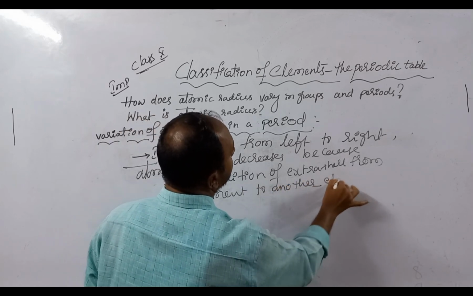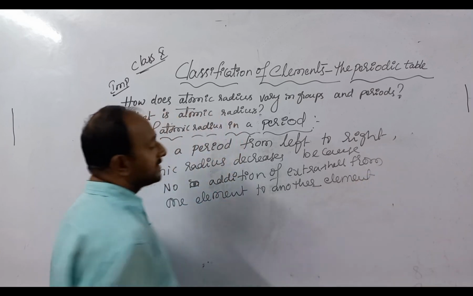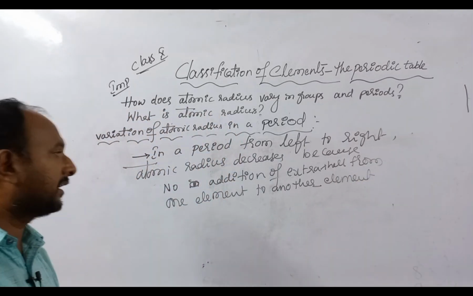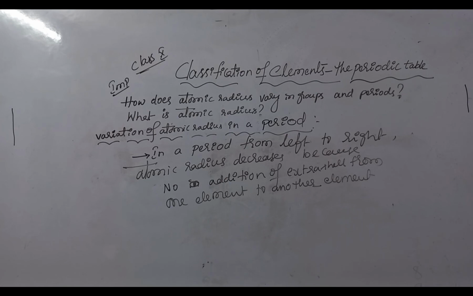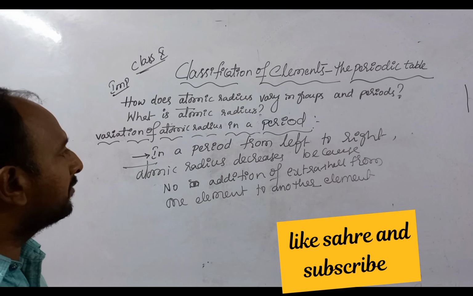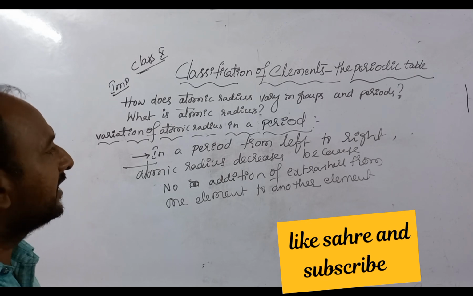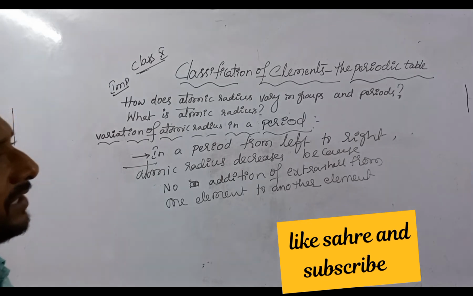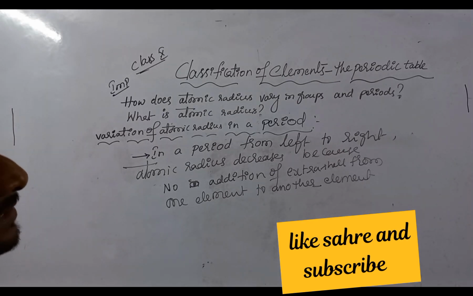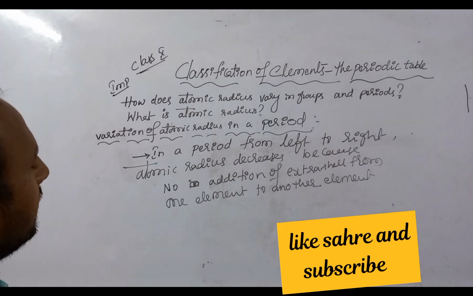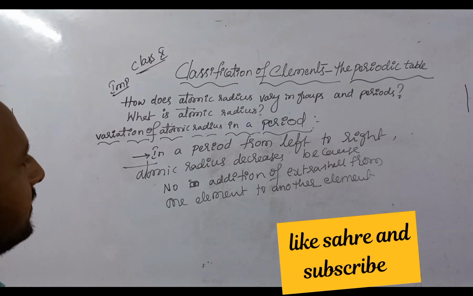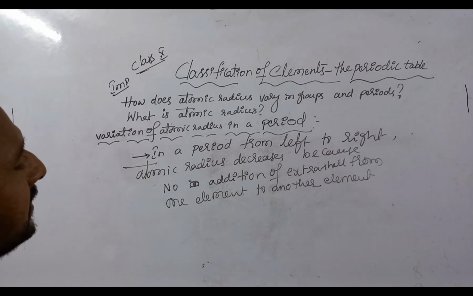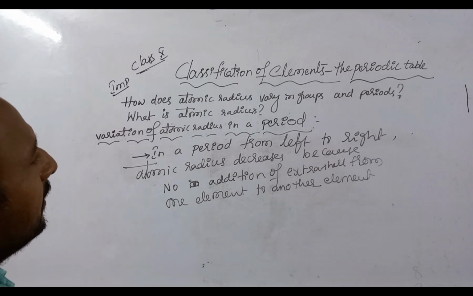At the same time, you can also understand that in the same number of shells from one element to another element, the number of electrons increases. That is why attraction between the nucleus and outermost shell increases so that atomic radius or atomic size decreases. So don't forget, students, this is a basic concept to explain variation of ionization energy,